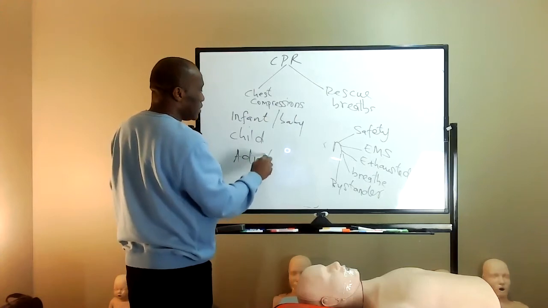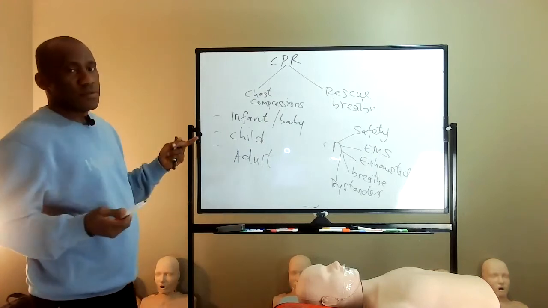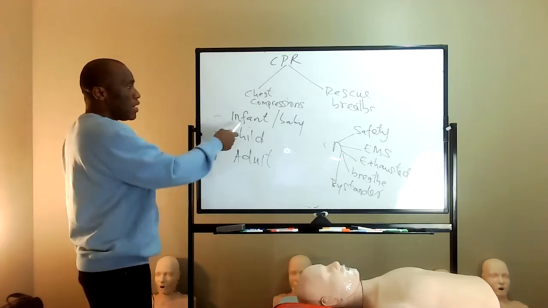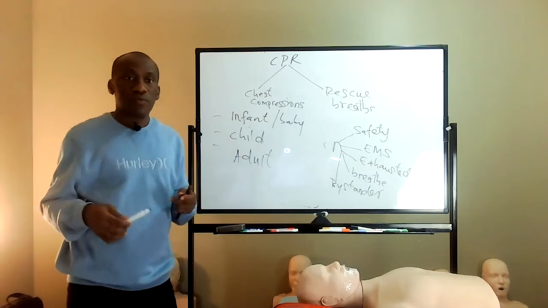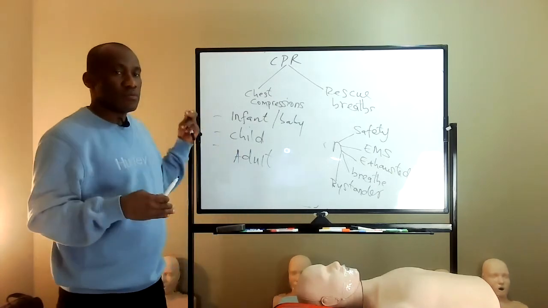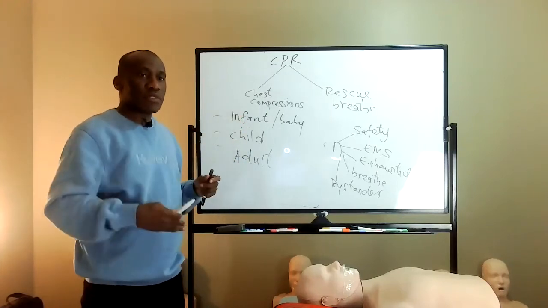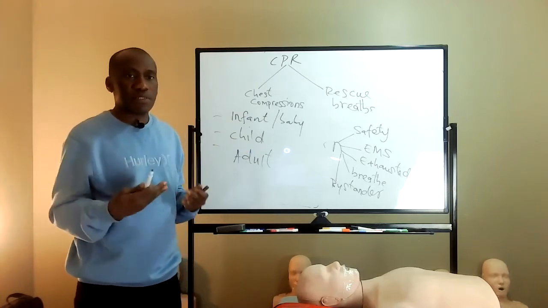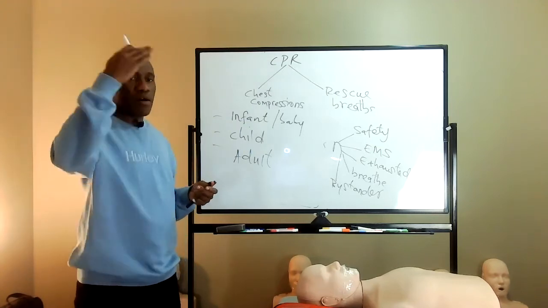Another possibility is an adult. So these are the 3 age groups likely. At any point in time, the patient could be any of these, okay? An infant is somebody who is under 1 year. A child is somebody who is more than 1 year but has not reached puberty. So between 1 year and puberty, that is a child, and adult is from puberty up. As soon as somebody starts puberty, or reaches the age of puberty, from there on, that person becomes